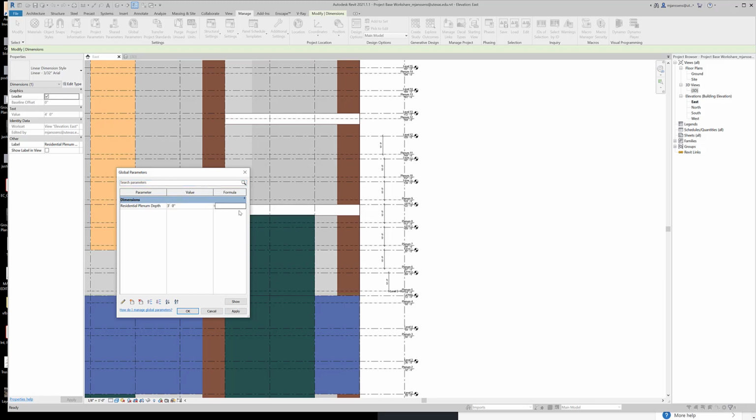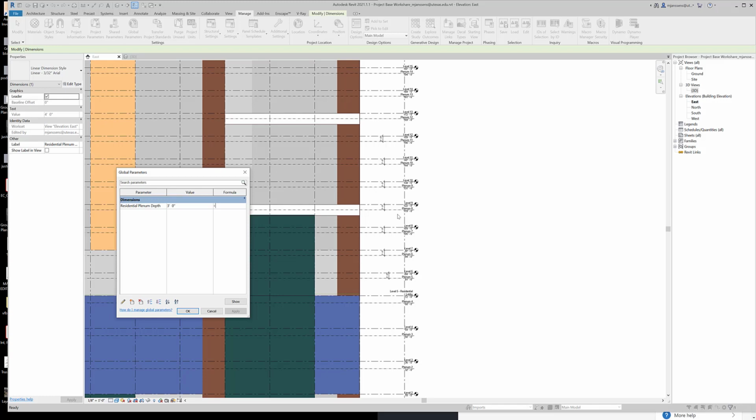In the future, we might get more into this, but maybe not. But if you are going to be working at a firm that is using Revit quite extensively, global parameters are very important because Revit is a parametric software. It allows you to update things fairly easily, and you can actually associate formulas with this. So if you have dozens of these dimensions, you can parametrically relate the one dimension as a formula to another dimension. So if you want it to be a percentage of your floor height, for instance, or actually your tower height. So tower height could be a parameter that's based on the ground to the top, and you know that that's going to change your,